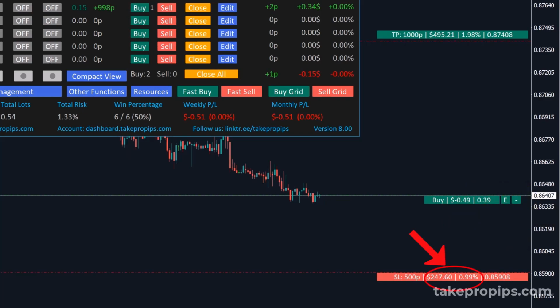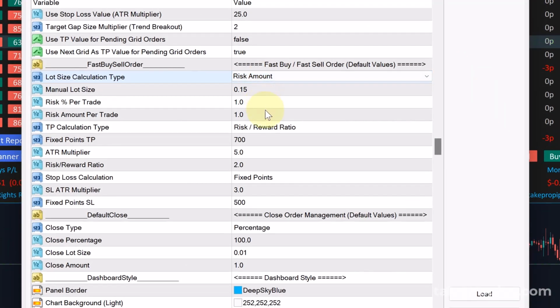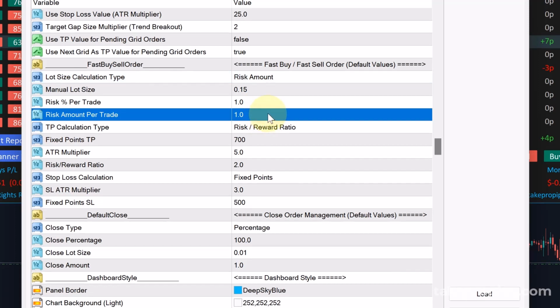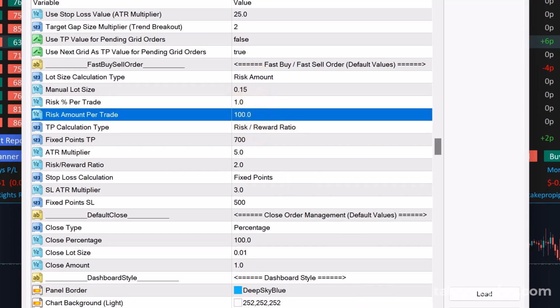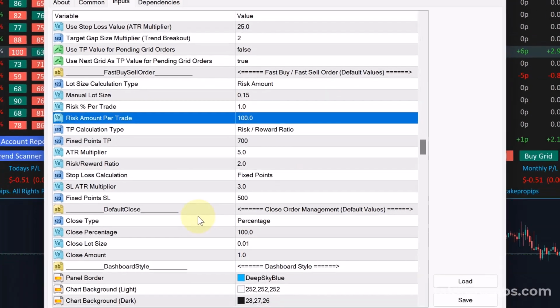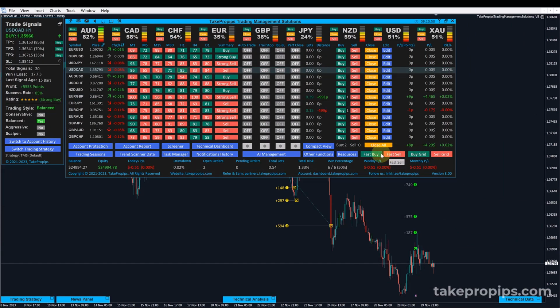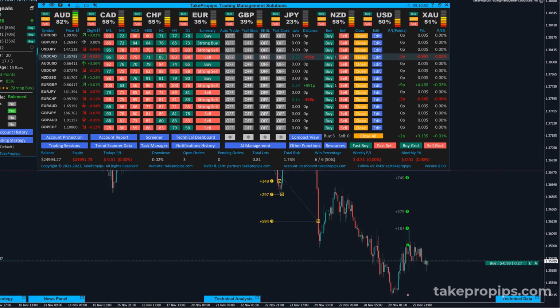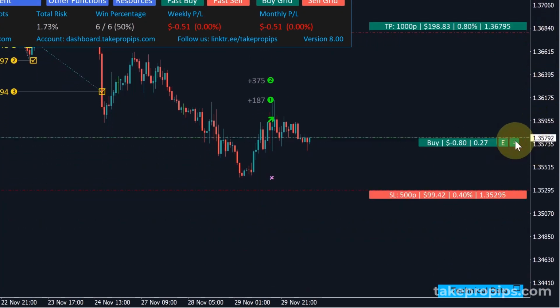And finally, we have the risk amount, which allows the EA to automatically calculate the lot size based on the amount in your account currency that you are willing to lose. For example, if you are willing to risk $100 per trade, then you would choose this option and set your amount to 100. This will make sure your lot size is in the correct range, so you only lose around $100 per trade. Let's enter a trade. Now you see that the lot size is set and the amount we can lose is close to or near